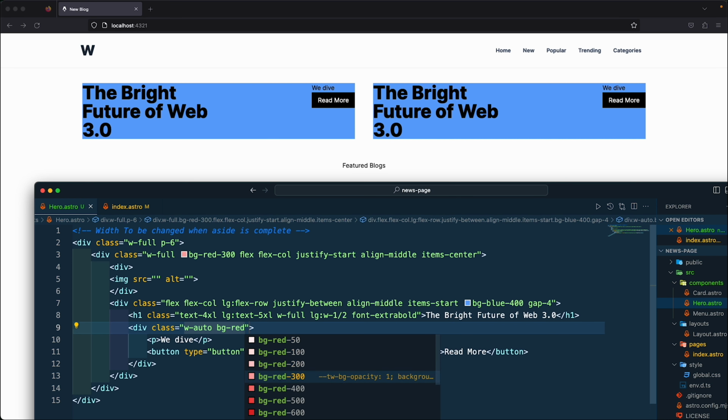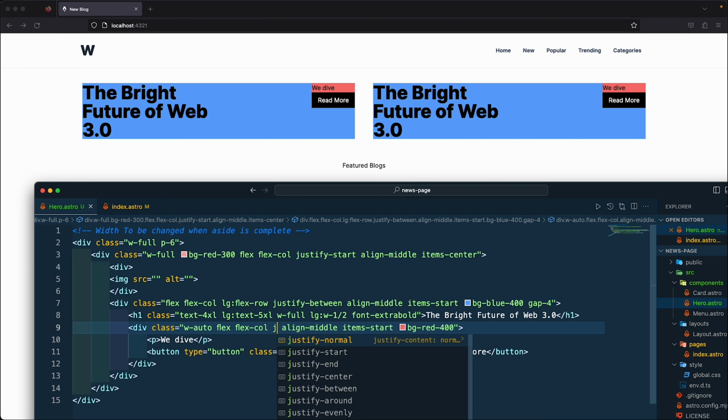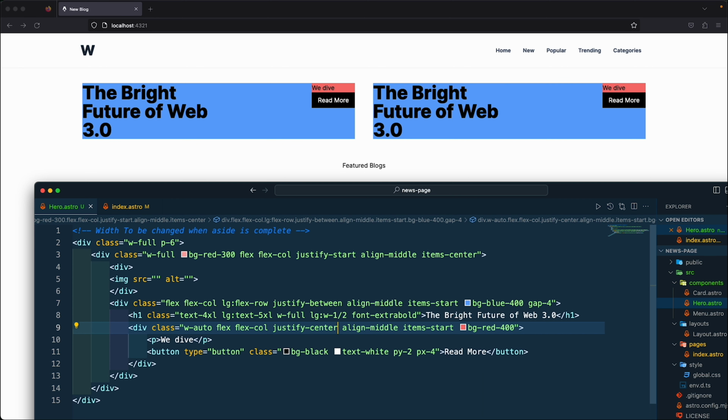So if I add something like a red background because I want to see, so if I do something like this and something like this, because I don't want to tie, let me see, something like this, and justify content center, and then the height should also be auto. So center,